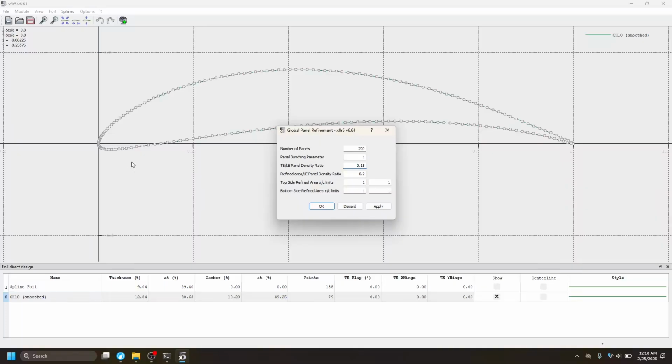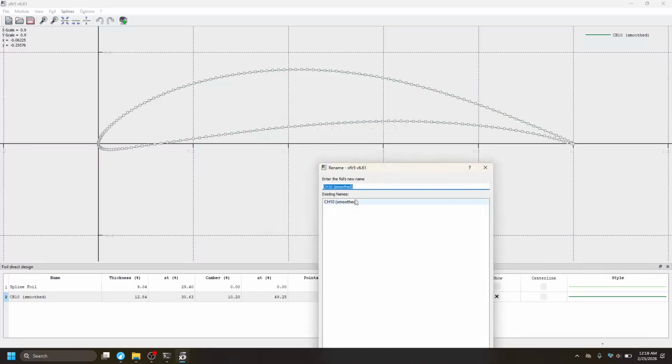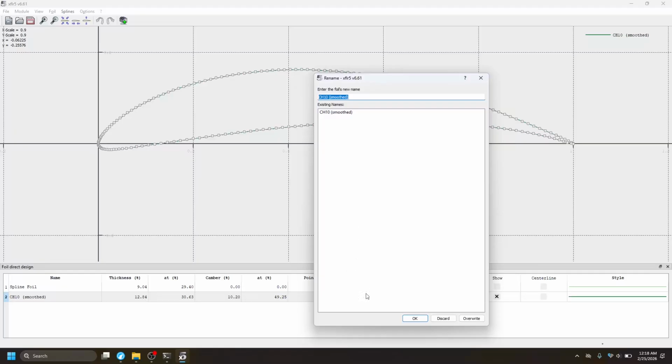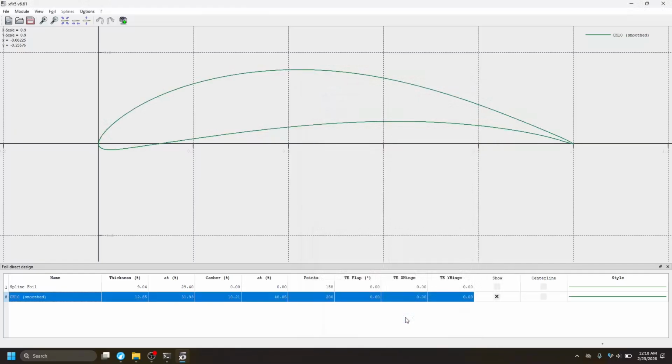So that means there's a lot more up here on the leading edge as compared to the trailing edge. That's totally okay, and so we will just apply this, click OK, and if you want to rename it, you can. I don't, it's the same airfoil, so I'm just going to click OK. Now, if you wanted to, you can pull NACA files from